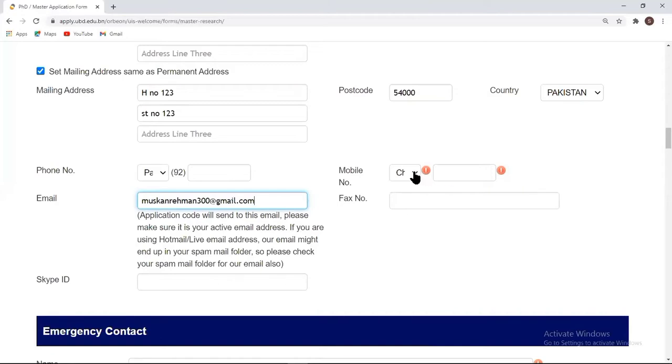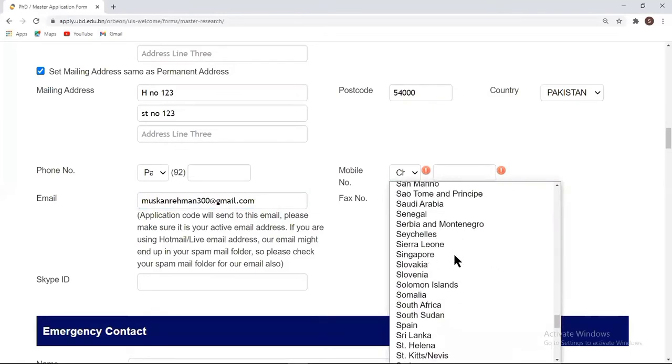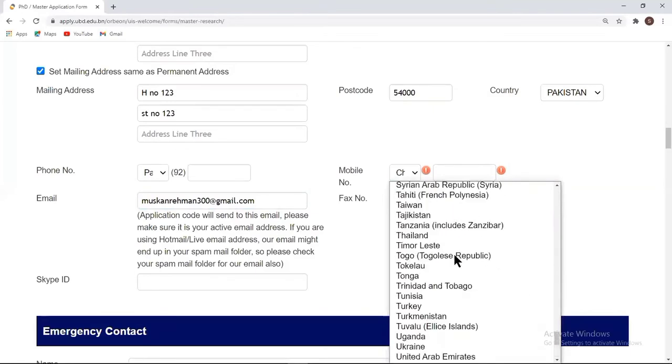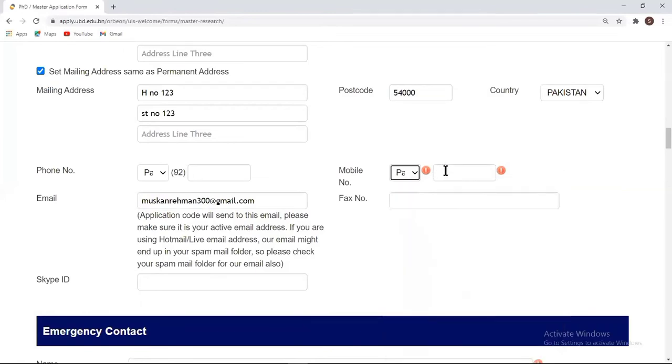Write your mobile number. Write your fax number and Skype ID as well if you have.